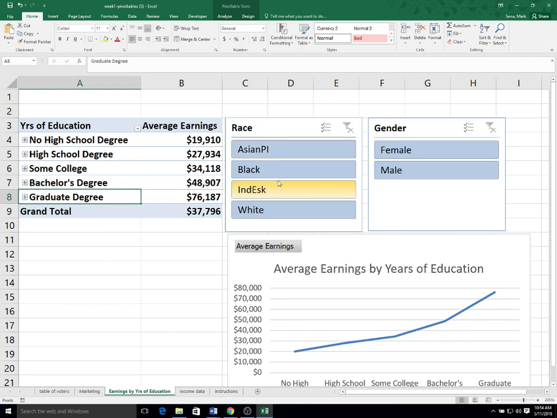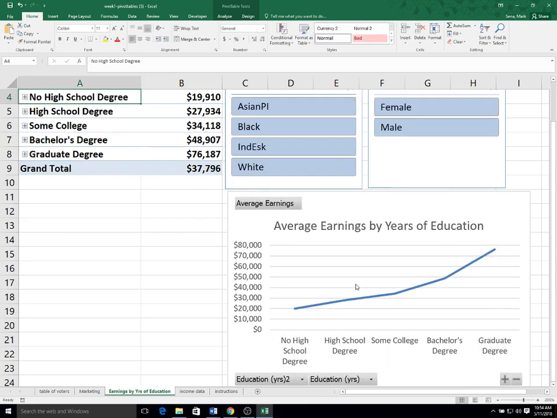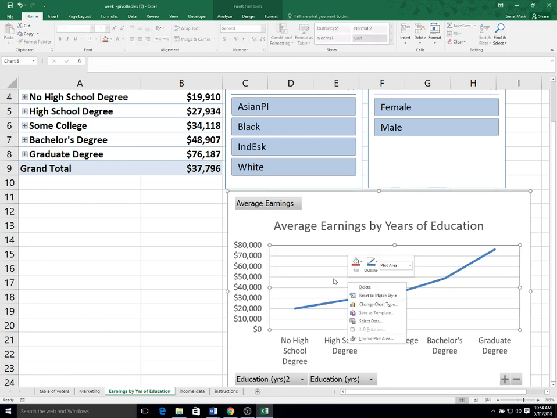I think I may adjust a few things here. So instead of years of education, I'm going to call this degree earned. Average earnings is still fine here. I don't really like the line chart style. So now that these are groups that kind of have labels, it doesn't really make as much sense to have a continuous line here. I would say it's still fine, but if you want to, you can click over here,